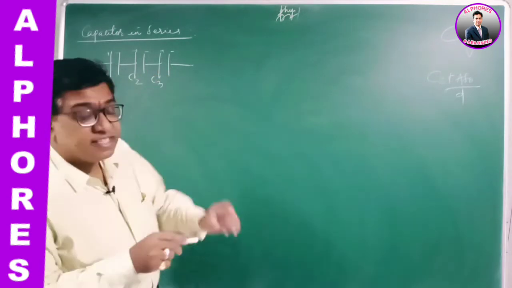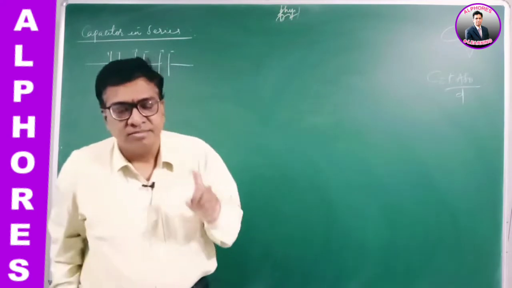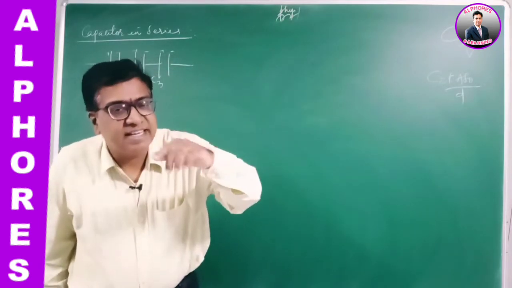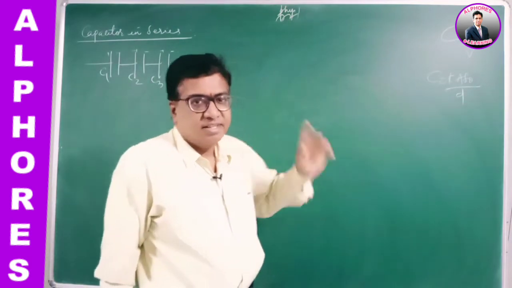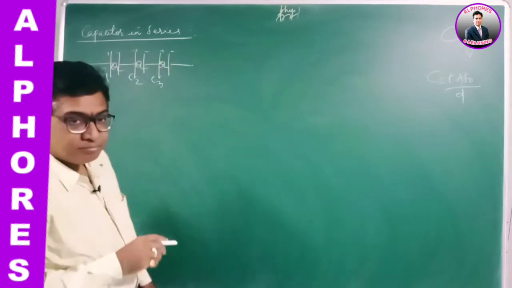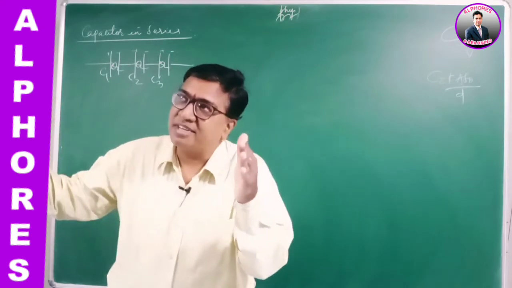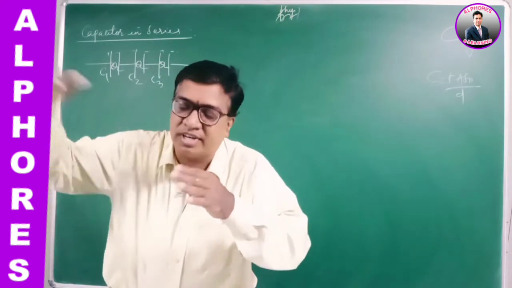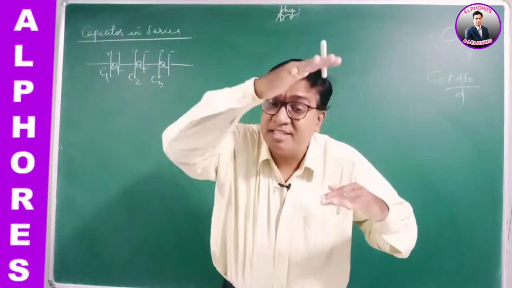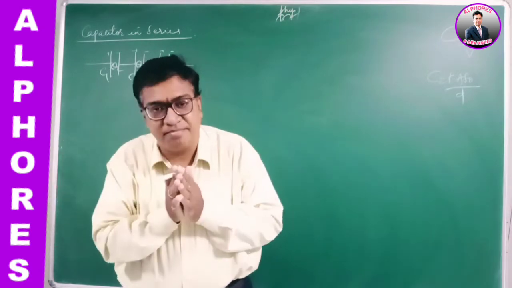And in series, when the capacitors are connected in series, the charge remains constant. In series combination the current flowing is constant. After attaining the steady state, the charge in them remains constant. So in capacitors, the charge Q remains the same. Suppose there is a big tank, if I pour a little water, the level is less. If I take a smaller tank and pour the same amount of water, the level is more. So for the same amount of water, the levels are different in different tanks.